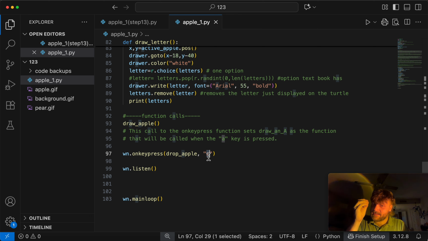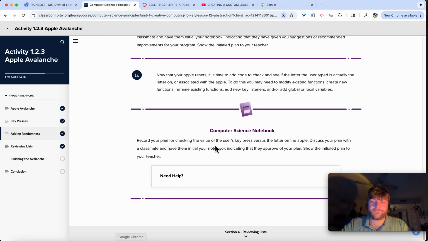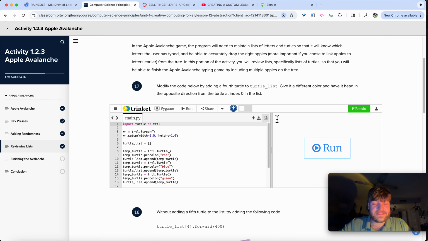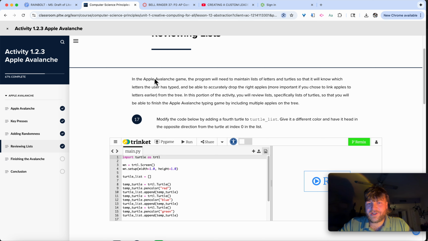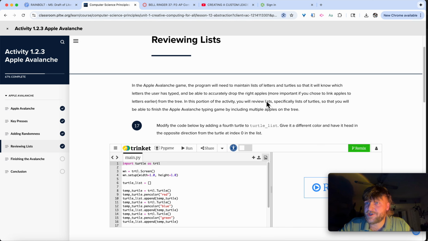There's going to be lots and lots of repeated work here that we're going to end up streamlining using Python, okay? So let's go ahead, let's move on to this next part. They kind of talk about reviewing lists here. So in the Apple Avalanche game, the program will need to maintain lists of letters and turtles so that it will know